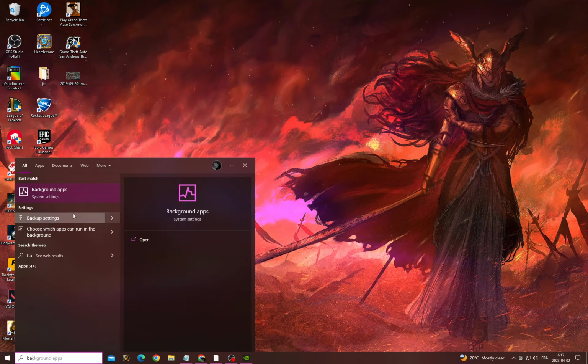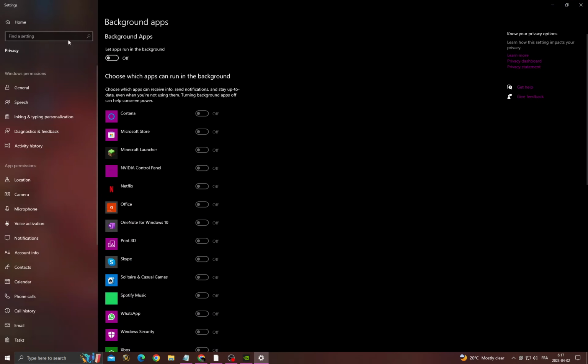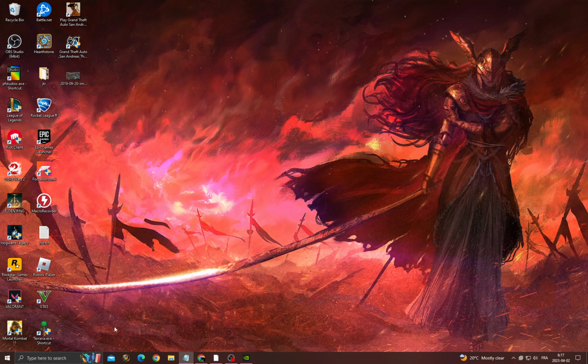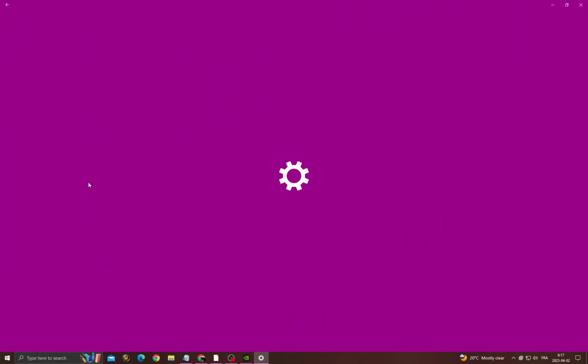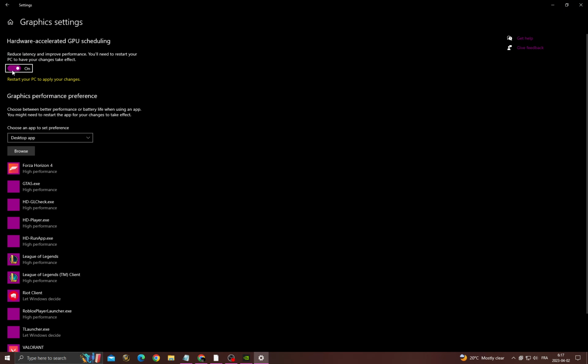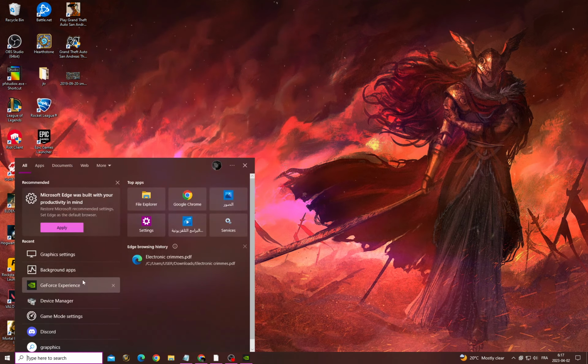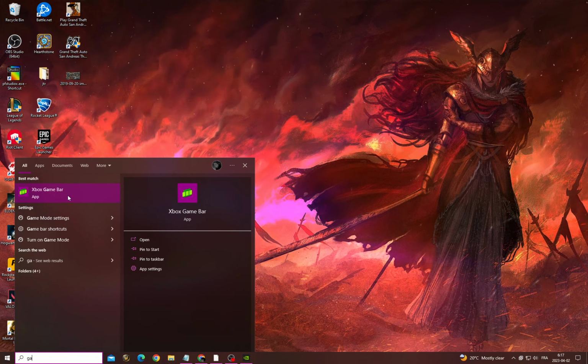Then go to background apps, turn off the first option, go to graphics settings I mean, and then turn on this option. After that, go to game mode,